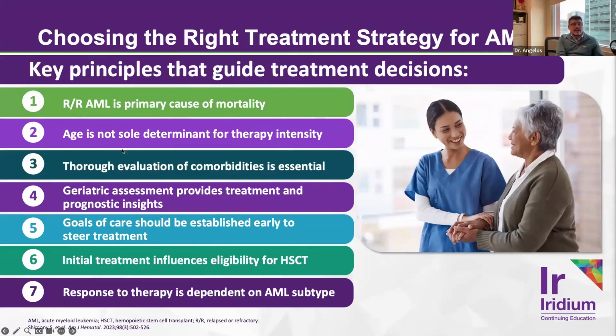Obviously, relapsed refractory AML is a high cause of mortality. It's very important to consider the age and the fitness and the performance status of your patient and have a good understanding of what the side effect profiles are, because again, relapsed refractory AML is difficult to treat and likely not to be curative. We really do want to try to maximize patients' quality of life, knowing that patients generally have poor outcomes at this point. Goals of care should really be established early in order to identify the best treatment for each patient.